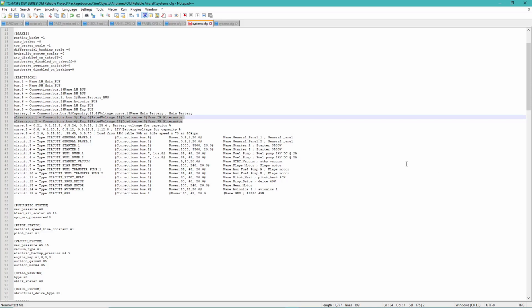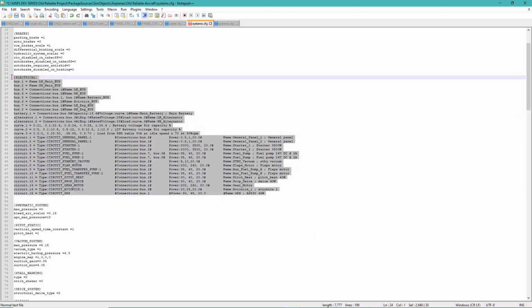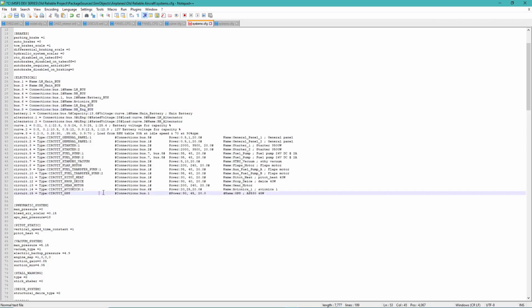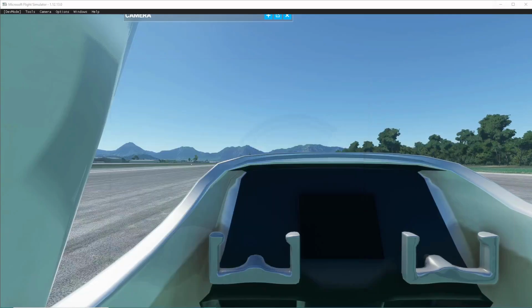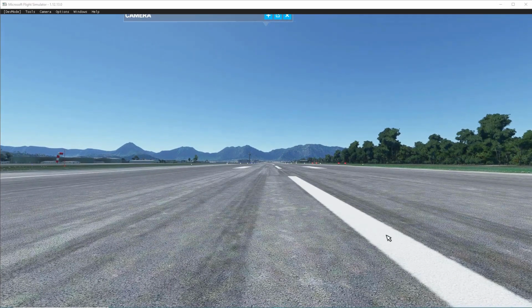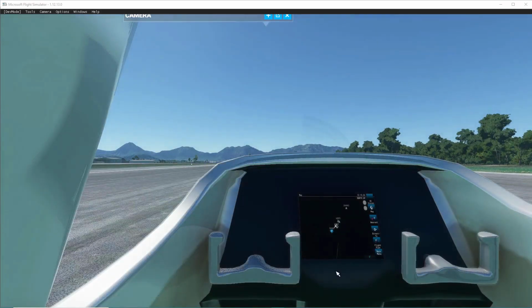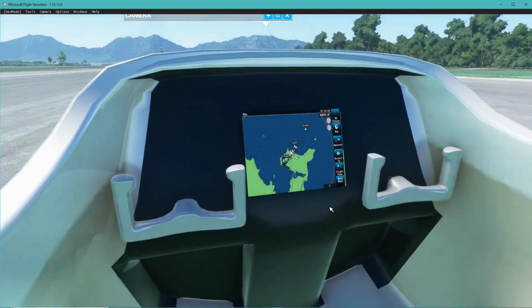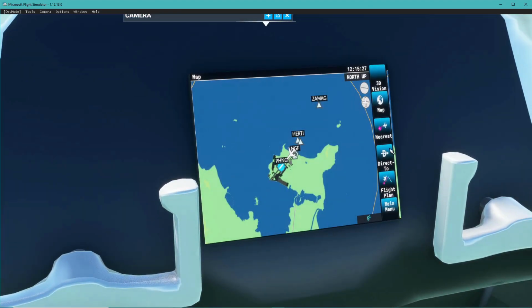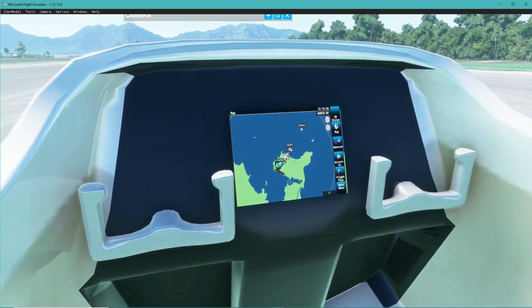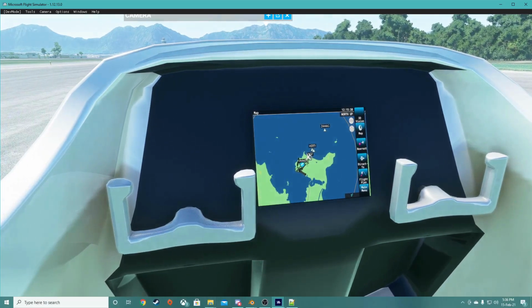That's not realistic. So you can start messing with this electronic system and really making this work the way you want it to. But you need to have these circuits with that specific HTML gauge plugged in so that it's working in game. So let's go ahead and save that. Once again, rebuild our package, and you should now see our GPS screen will turn on. And there it is. So that's just a simple way. For example, if you did all this HTML scooping and realize it's not working, that's how you go ahead and fix it. Okay? And yeah, so let's go into the next part of this tutorial, which I'm going to be talking about